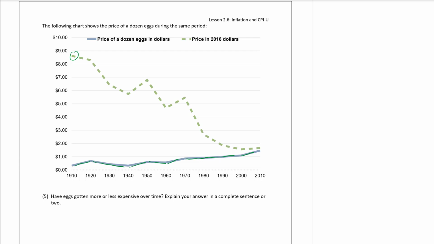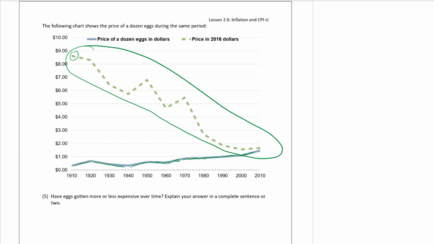All right, so again, there's no right or wrong answer. Some of you might have said, well, the eggs were kind of increasing in price and getting more and more expensive. Not too fast, but they were becoming more expensive in dollar terms. But maybe some of you said, well, when you adjust it to 2016 dollars, then actually the price of eggs was becoming cheaper. Just looking ahead, this graph right here tells us a better picture than the other,